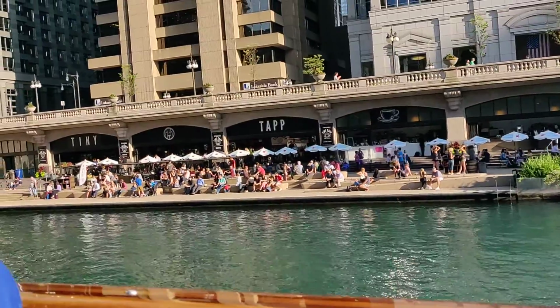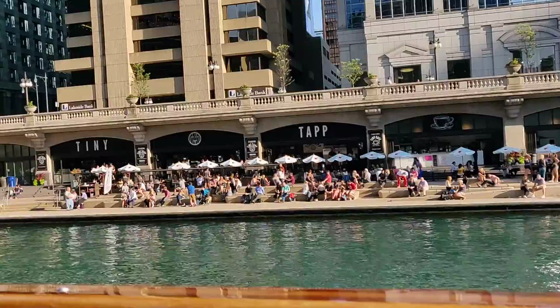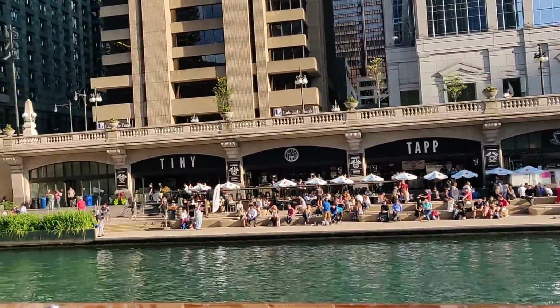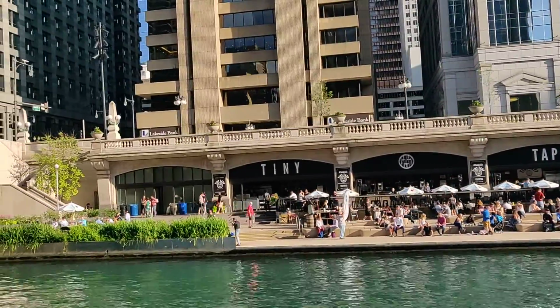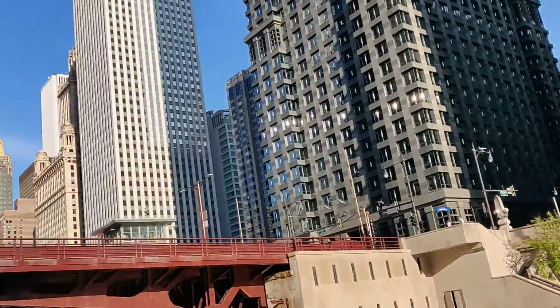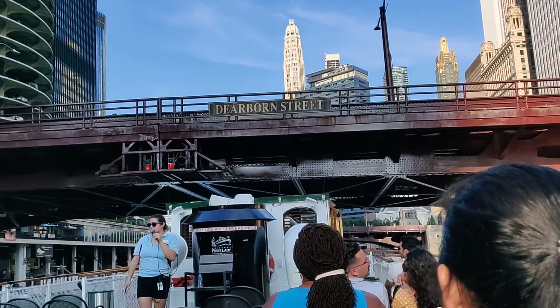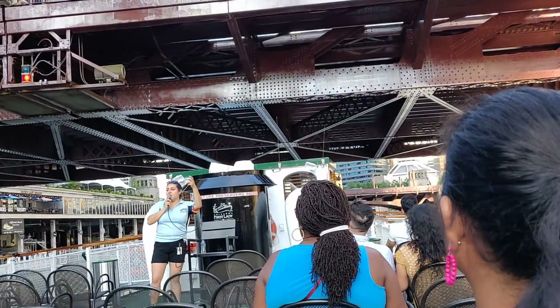About 1 o'clock, do we see that green building with that gold on top? So this one was built during Prohibition. It was built by the Burnham brothers, and it was said that they couldn't figure out what they wanted to make the building look like. So then somebody suggested, they threw a bottle in the middle of the table and said, let's make it look like this. Let's make it look like a bottle of champagne, which is why that building has that green